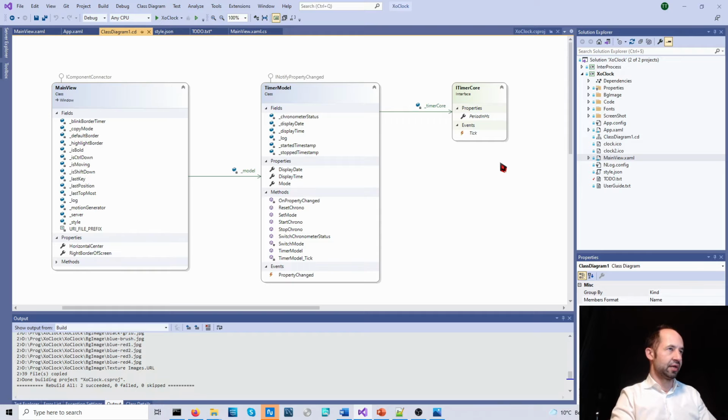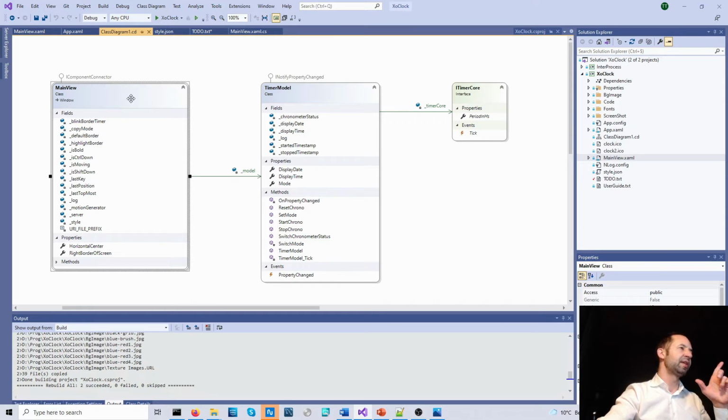So what do we see here? I rename slightly the MVVM. MVVM means there is a view, there is a model view, and there is a model. Me, I prefer to rephrase, to change a little the nomenclature. I prefer to say there is a view. The view has a reference to a model, which is implicitly a model of the view.